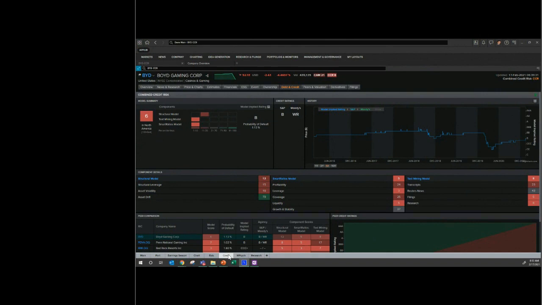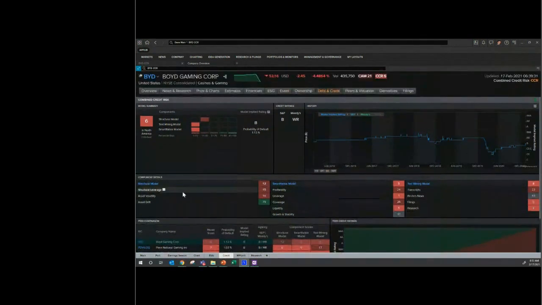So we have what we call a combined credit risk model, which takes the concepts of credit risk across a few different vectors. A structural model whereby we're measuring the value of a company's assets and modeling it as if it were an option in a modified Merton model. A SmartRatios model, which takes the traditional credit analysis and ratios underpinning that in profitability, leverage, coverage, liquidity, and growth ratios and front loads it with I/B/E/S estimates so you get a predictive view of those measures over time. And then lastly, a text mining model that